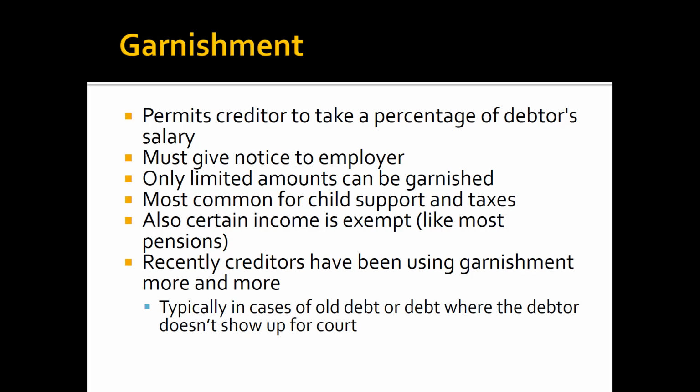Now, there can be limits on, first of all, what income can be subject to garnishment. Pensions are exempt. Social Security is exempt. And also, it can't go beyond certain amounts. Like they couldn't take 100% of your wages. Now, I said this used to be rarer, but nowadays it is becoming a little bit more common again. Some creditors are getting some of these old debts. They're getting basically an order to garnish wages. Whereas that used to be a little bit rarer, now it's become common again. I'd be interested to see if this continues.